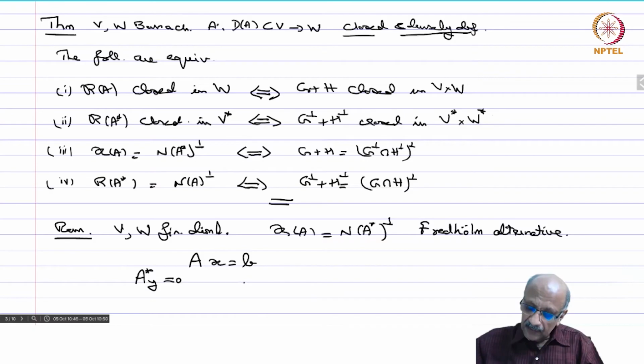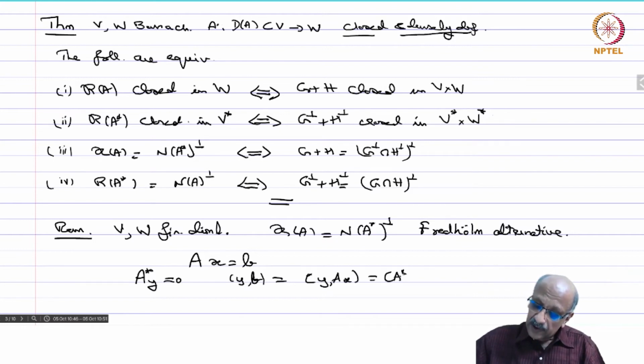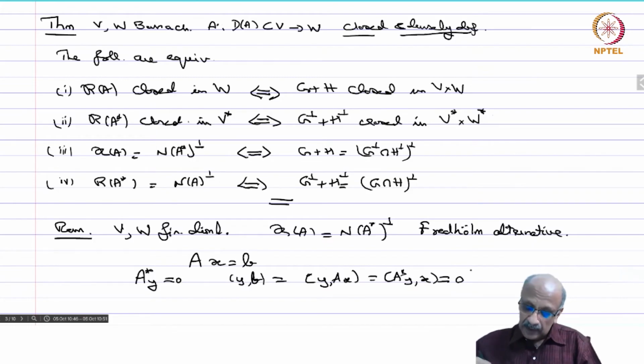Okay, then if you take the inner product yb, this is yAx, by definition this is A star y x. Here the duality bracket is the same as the inner product in finite dimensional spaces, and then this is 0. Okay, so if B belongs to range of A,